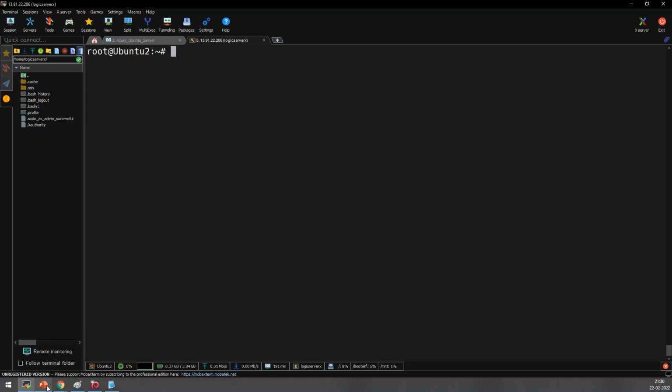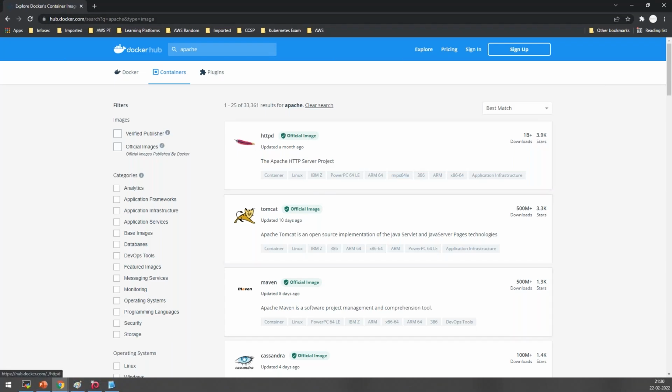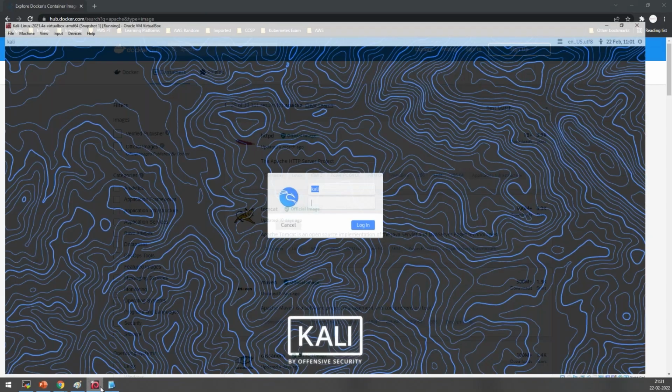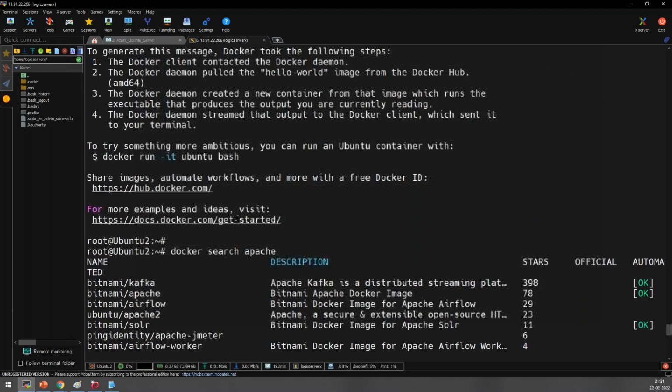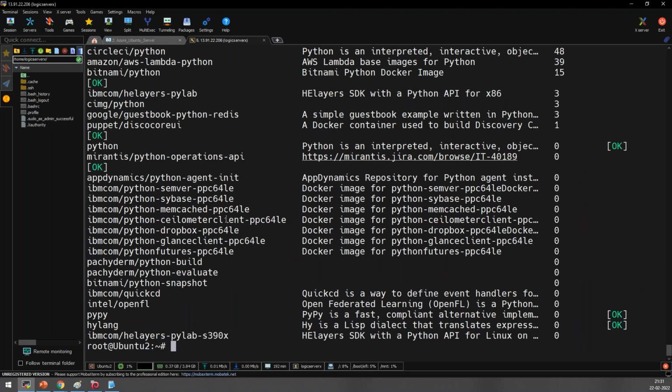If you want to search the Docker Hub, okay, what is a Docker Hub? It's a centralized repository. If you want to search Docker Hub to see if there are any images like Apache or anything like that, you can either go for it in the browser and search like this, or you can use a command called docker search, space, the image name, for example Python. So basically they will show me the images of Python. It is a lot. See, all these images are for Python.